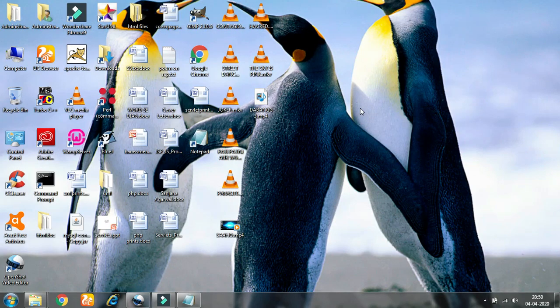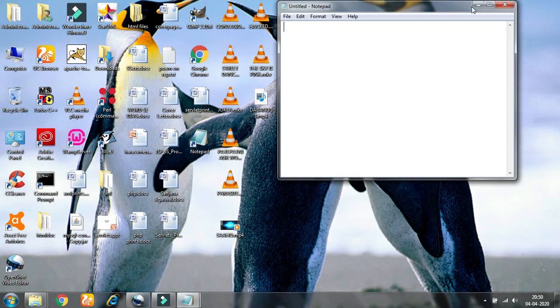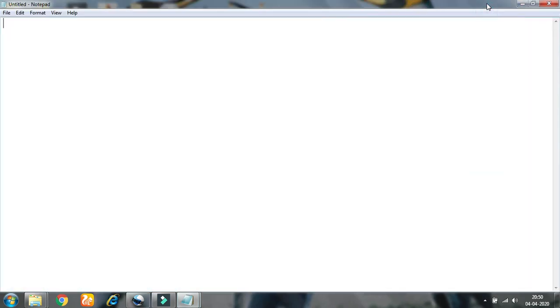For the program we need a notepad for the editor and a command prompt for execution of the program. So now let's start writing our program. First we'll write the import statement. Next comes a class. The class name should be a reasonable one because it's a prime number program. I am giving Prime as a class name, and the class name should always start with a capital letter